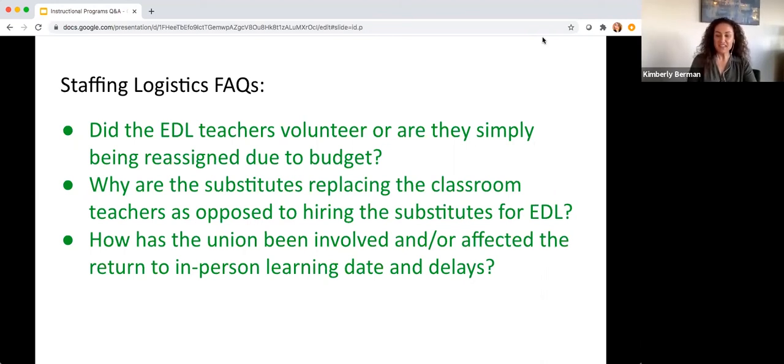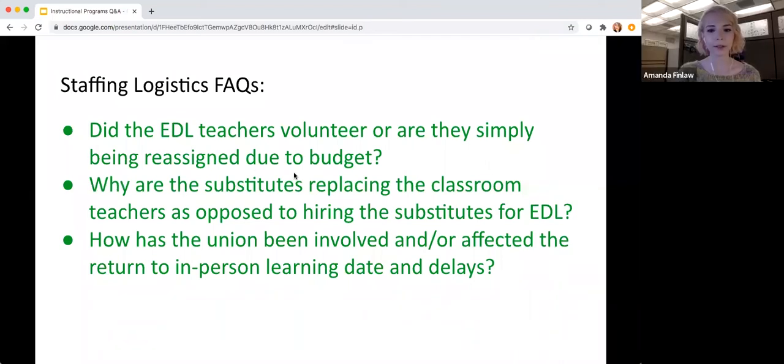So our EDL teachers have volunteered and some have been reassigned, and we will be finalizing this data though once we have all of our final numbers from the survey that was just put forward. And we do know that the survey is a little bit different because by asking families to commit for the rest of the year, we understand that that's a different decision. And as soon as we get that data, we will be sharing that with our community. We will plan to inform all of our families as to who their teacher is by October 30th. So as we finish getting the information this week, we will work on putting our classroom together and identifying exactly which teachers will be needed for our programs.